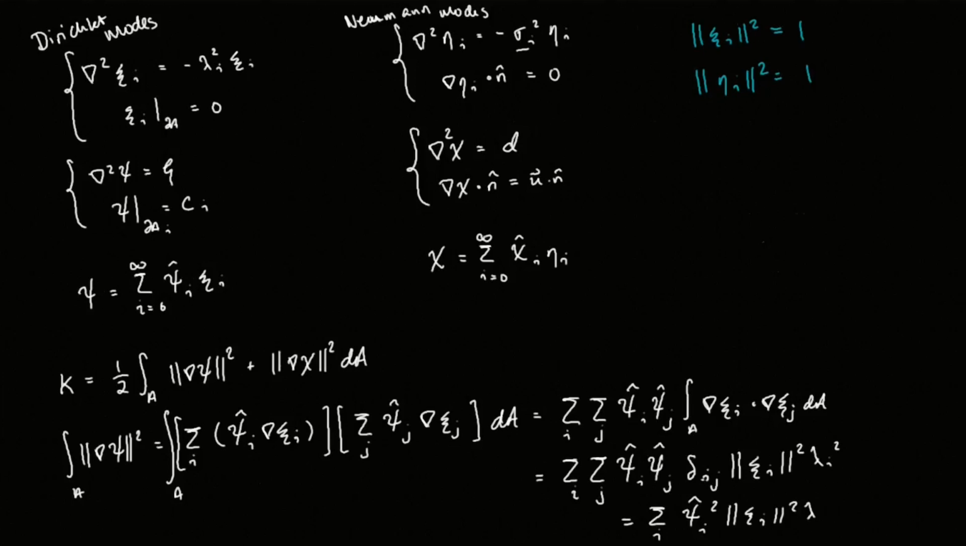You know, still make mistakes. All right, so what we're left with is 1/2 times the sum over I. If we do this both for psi and chi, we get psi hat I squared lambda I squared plus chi hat I squared sigma I squared